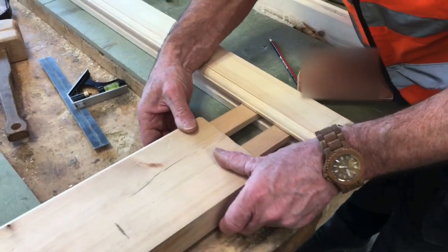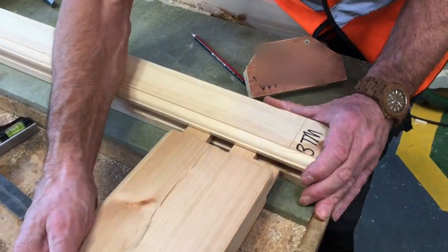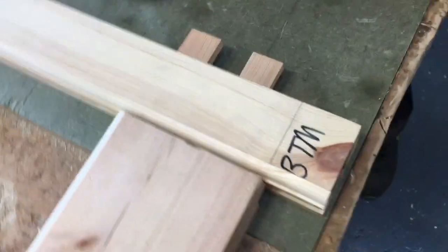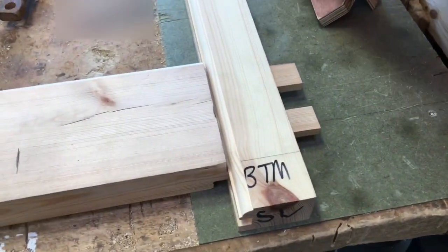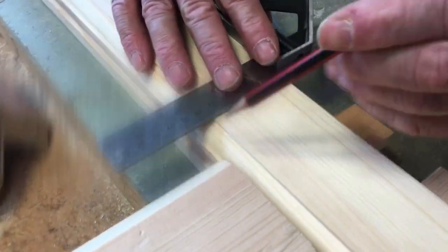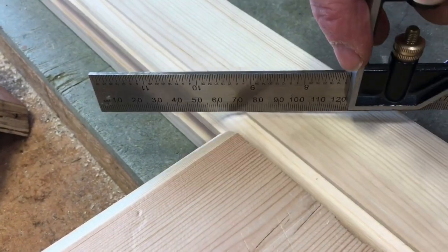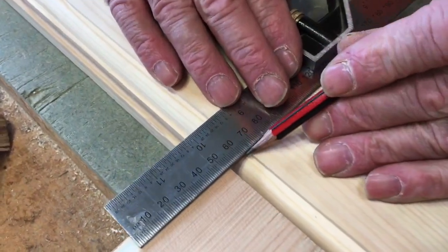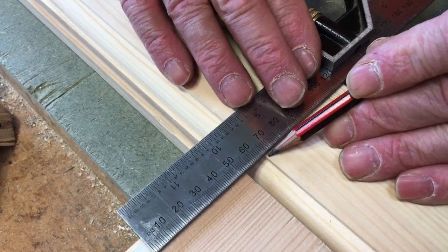Put that in, fit that together, and then we can see where that's going into there. Get the combination square, and we'll take, that should be a mitre there like that, yeah? So if I take that point there, and then just come back about 3mm, so there,